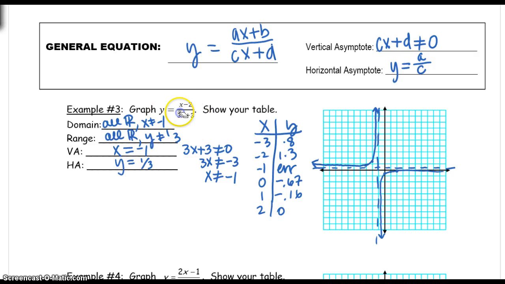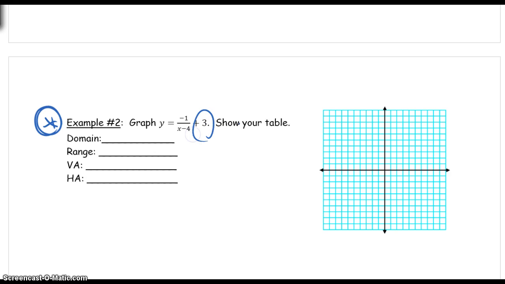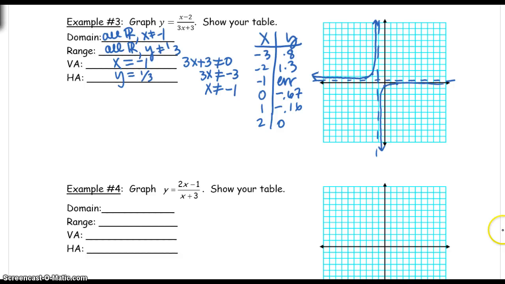Notice the difference in this equation. It doesn't have a hanger-oner at the end. And by hanger-oner, I mean like that guy. So what I would like you to do for class is go ahead and try example 4 on your own and bring that, and then we'll go over it. So make sure you do both examples for class,